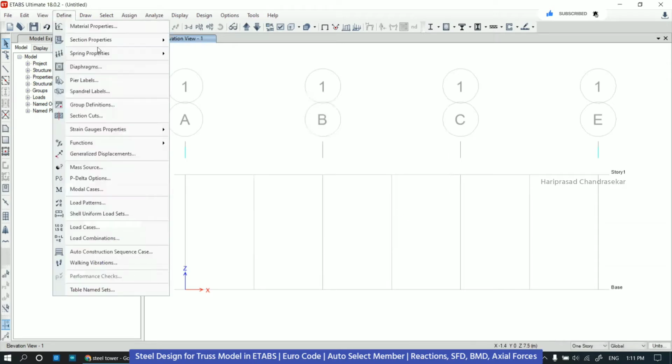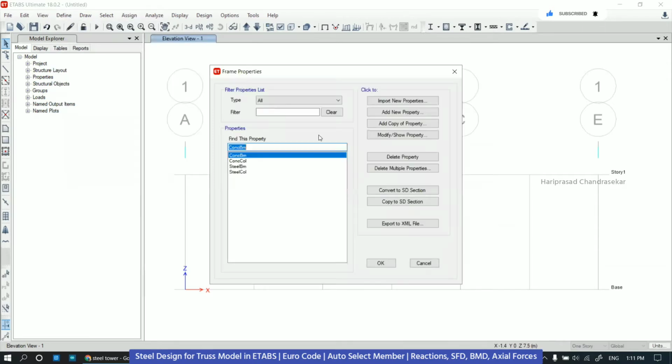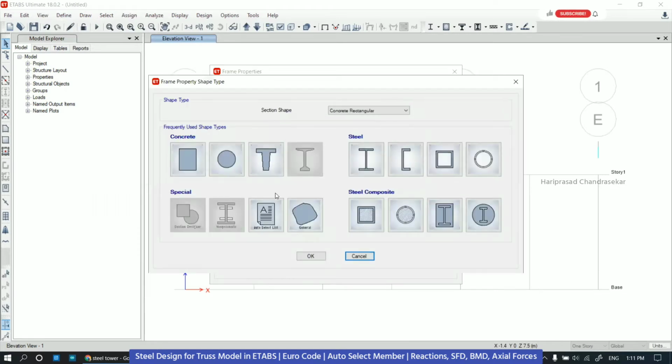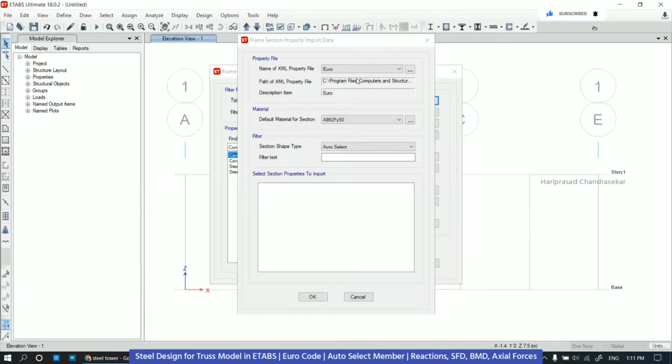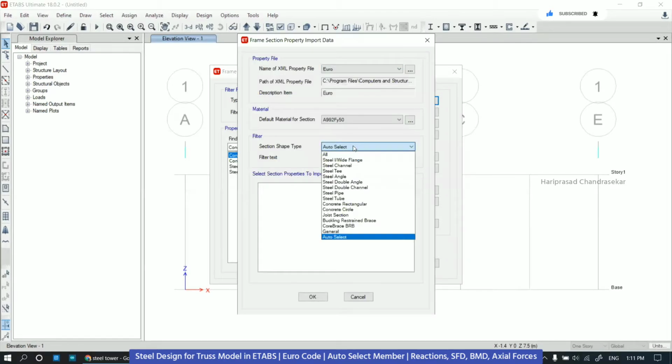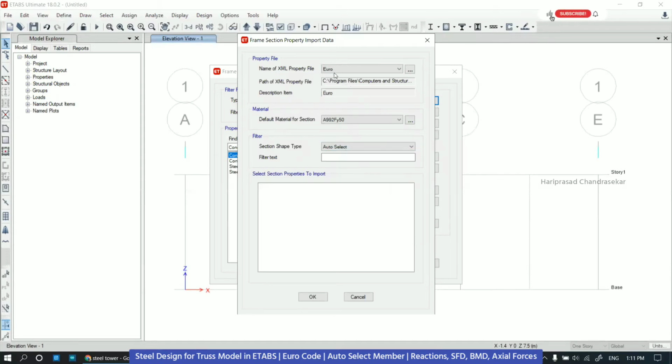Then we can go for define section property, frame section. What I will do is import a new property. We will try directly, auto select list. So here I'm putting auto select. Select section properties to import.